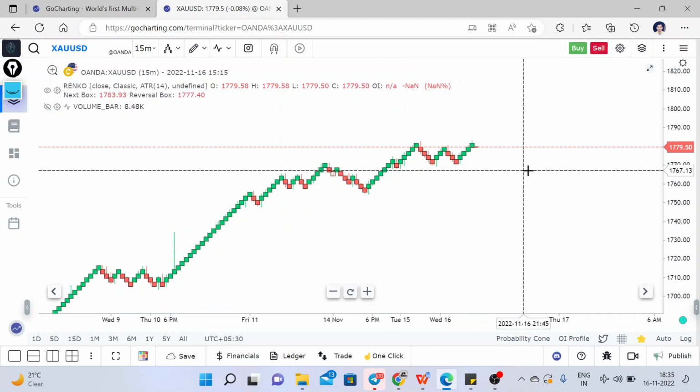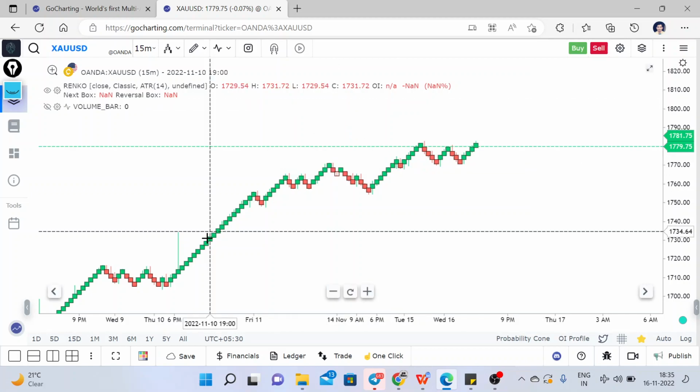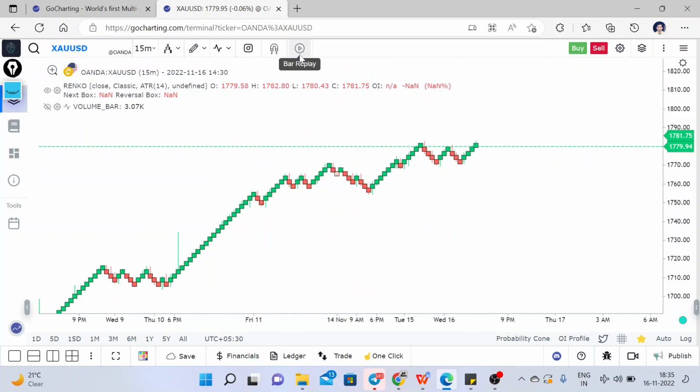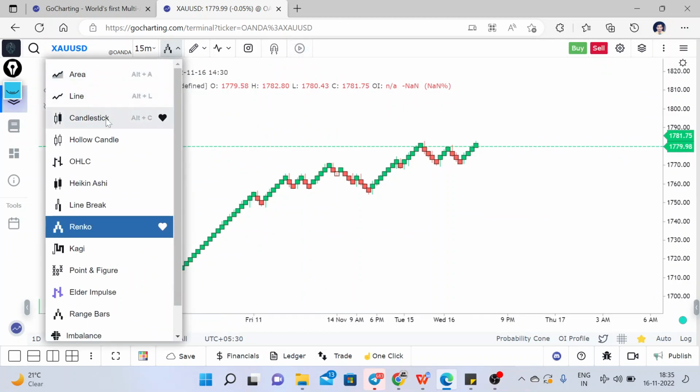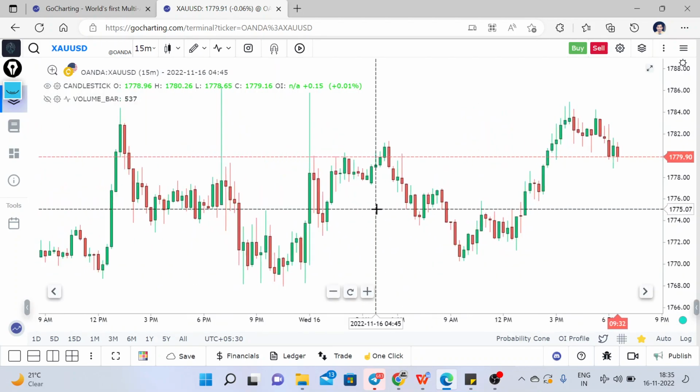So this is also a premium feature and most of the trading software does not provide this for free, but in this software you can use the Renko for free. The other feature is the bar replay. So if we switch to the candlestick and if we want to test some strategy